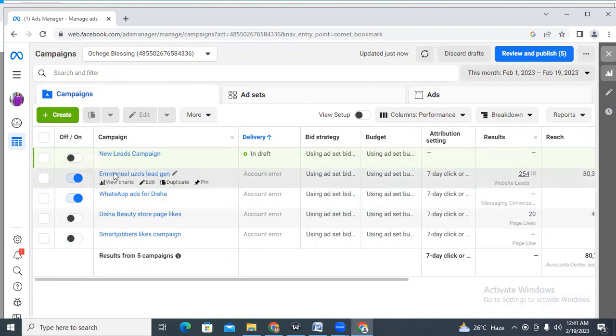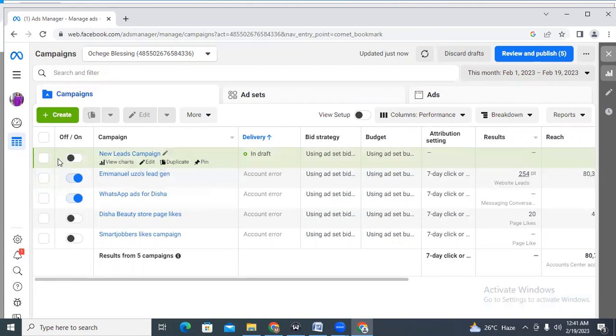So basically, most of these ads have different objectives. If you want to set up your ad, let's say for instance that your objective is to get more engagement for your post or your content, like you just want people to like or comment and all that. So instead of using the boosted post, you can select the engagement objective, and then